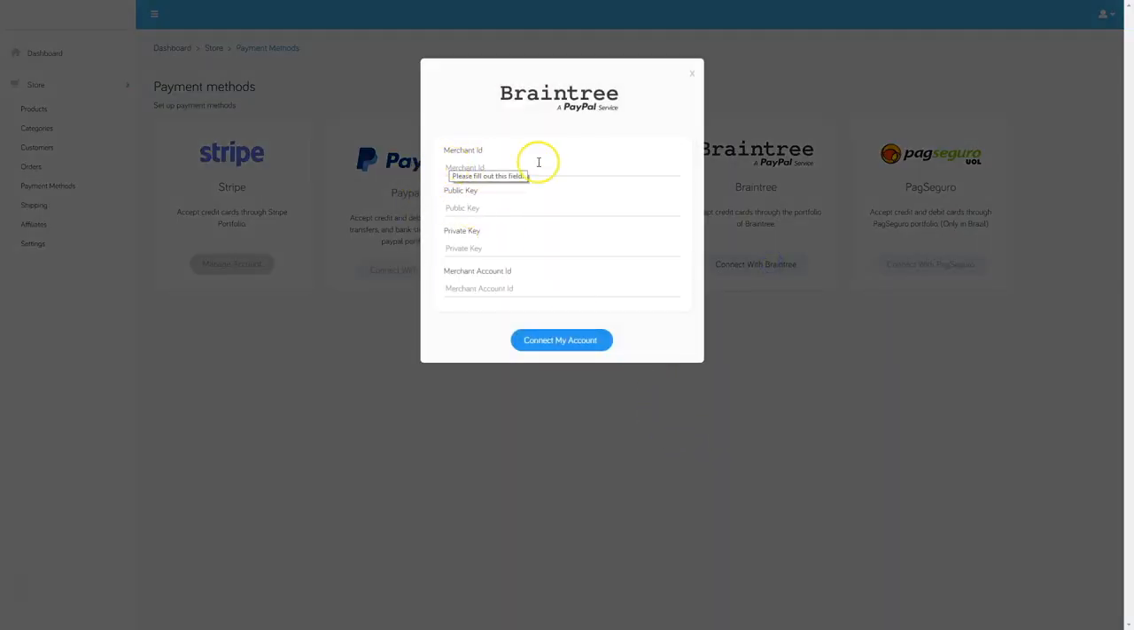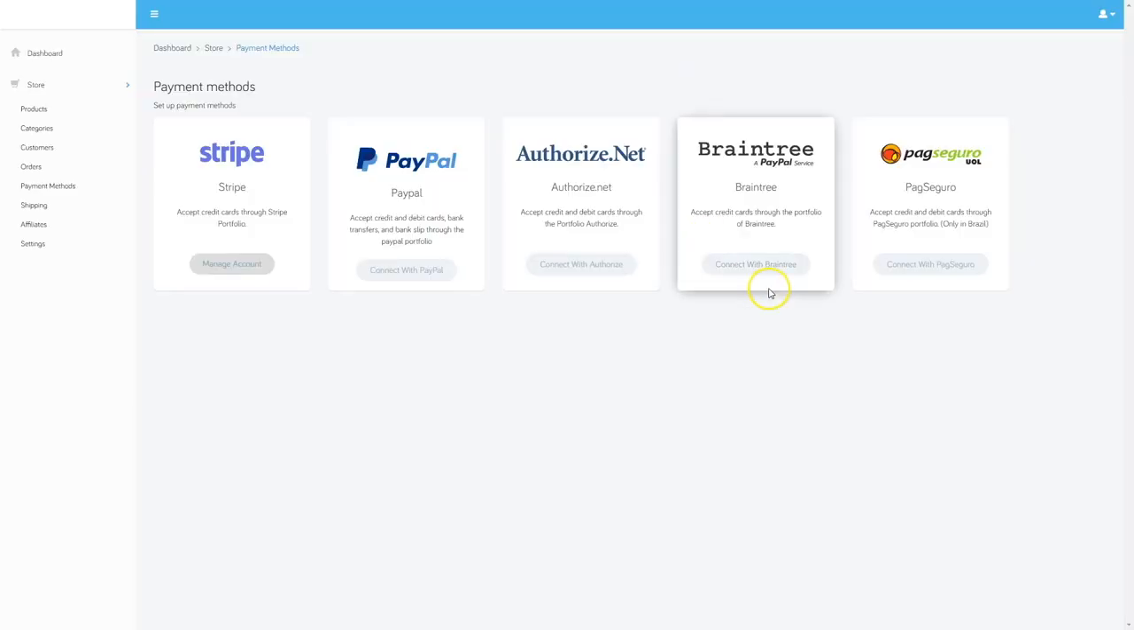You're going to get your merchant ID. You're going to get your public key, your private key, and your merchant account ID. All of those are what you're going to be needing to be able to set up Braintree. Once you get those, you're going to click Connect My Account, and then you'll be ready to accept payments from